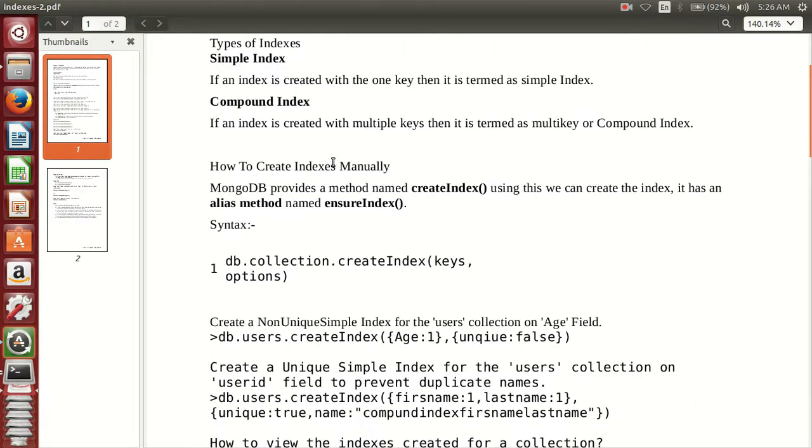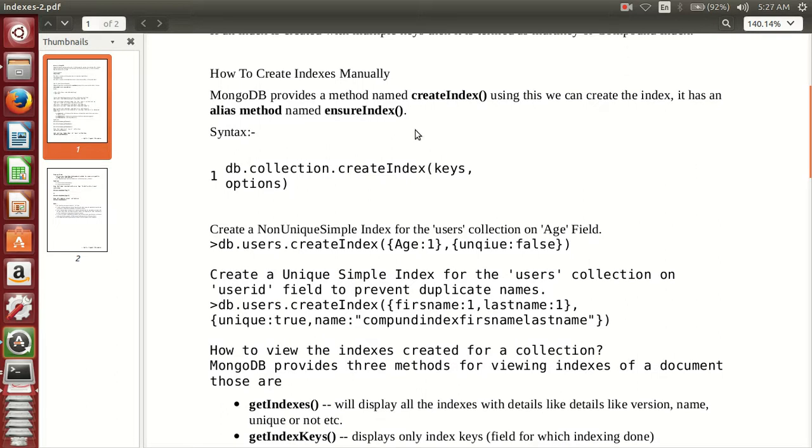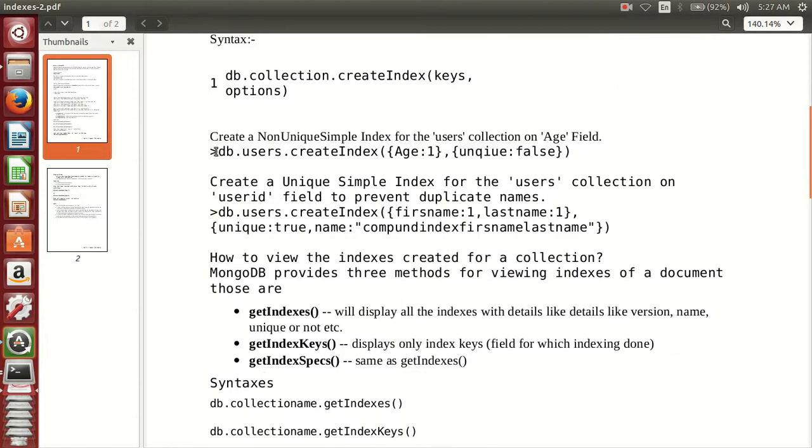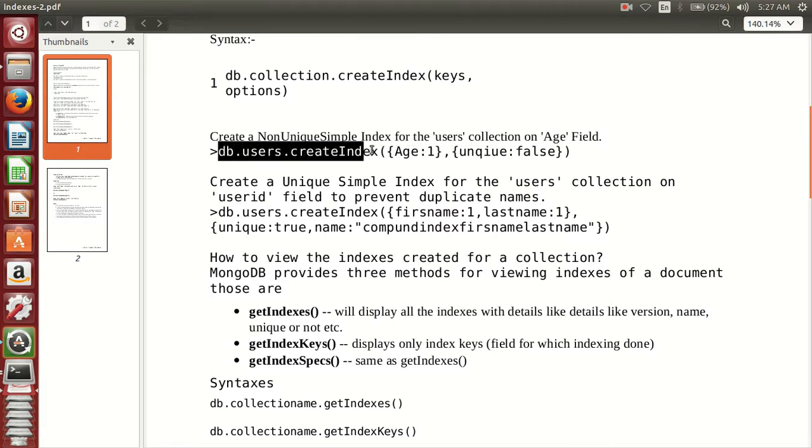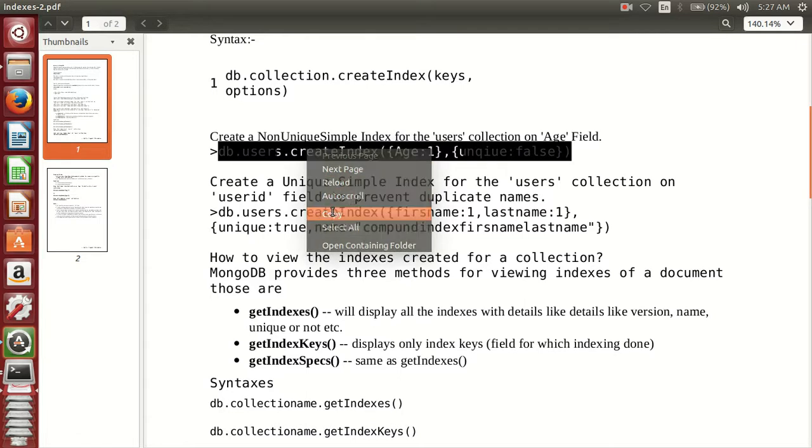So we will create these indexes. To create an index, what is the syntax? db.collection.createIndex, then keys, and then options. In the previous document we have already seen how to create an index by using ensureIndex. So just create a non-unique simple index for the users collection on the age field. I will copy this particular command: db.users.createIndex on the age field, and I want this to be a non-unique simple index. That's why I am writing false in front of the keyword unique. Just copy it,